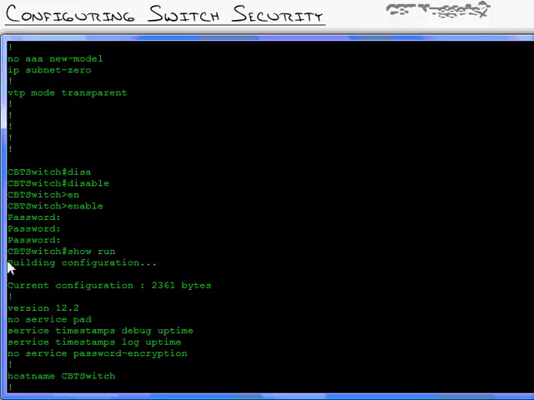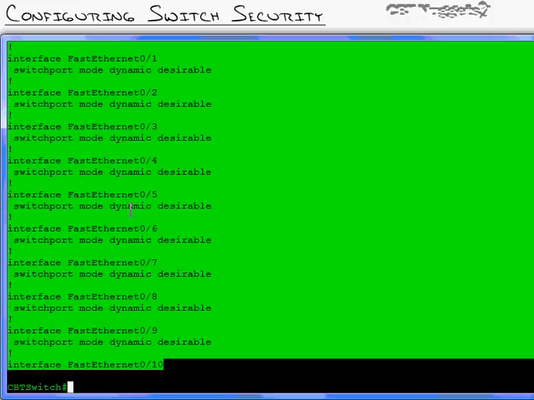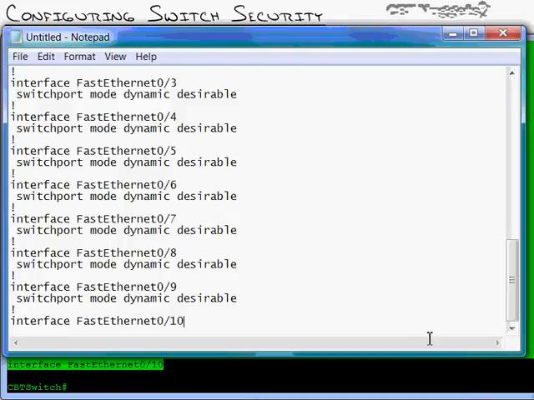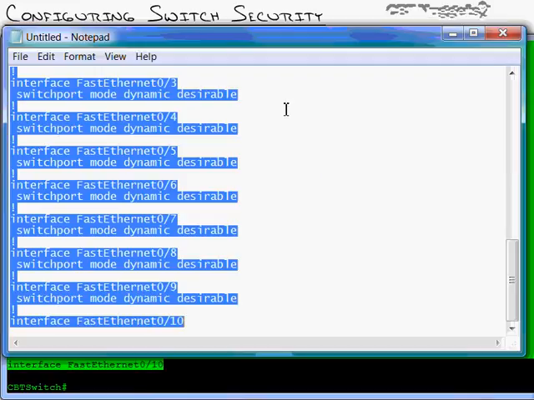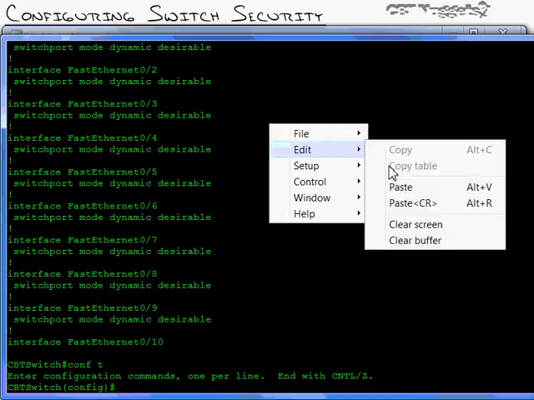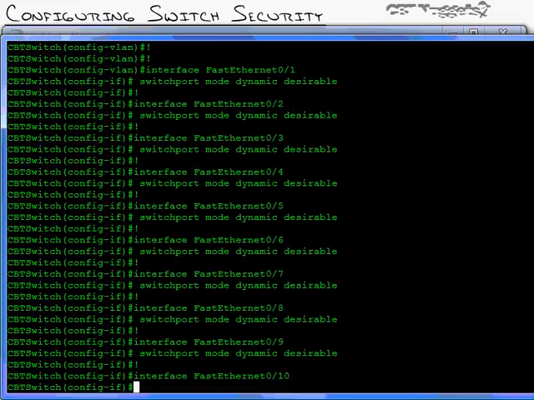What they would then do is take all of this, starting from that first exclamation point, copy it, go edit, copy, then open the ultra sophisticated application, you've got to be certified to use this one, Notepad, and paste it in. So now you actually have a backup and a base configuration that you could use. Now you can take this to any device that you want. As a matter of fact, let me show you. We'll go to edit, copy, move into global configuration on whatever switch you want, and just paste that in. And you can actually configure switches on the fly like that,